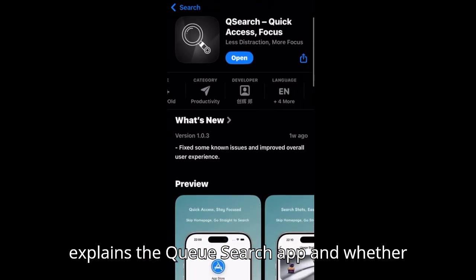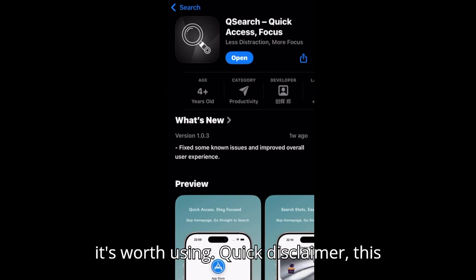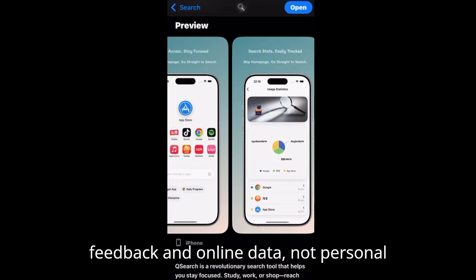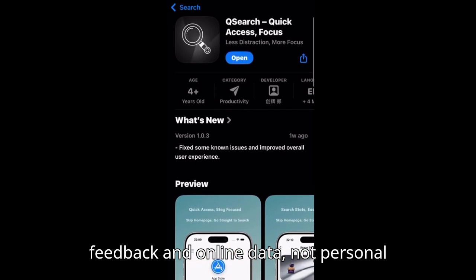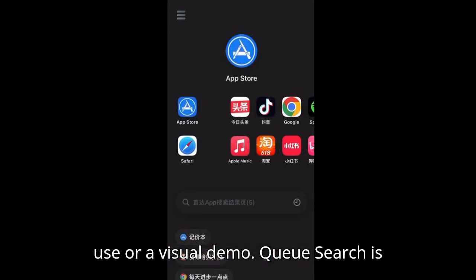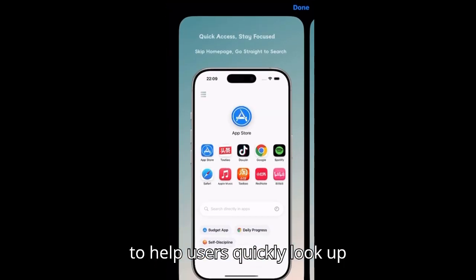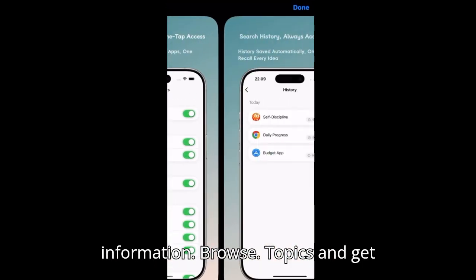This video explains the Q Search app and whether it's worth using. Quick disclaimer. This is an explained review based on user feedback and online data, not personal use or a visual demo. Q Search is a lightweight mobile search tool designed to help users quickly look up information, browse topics, and